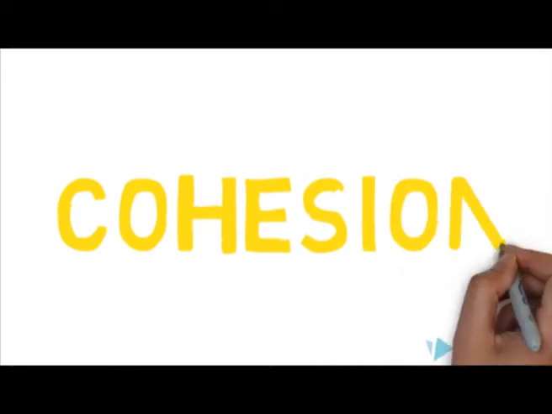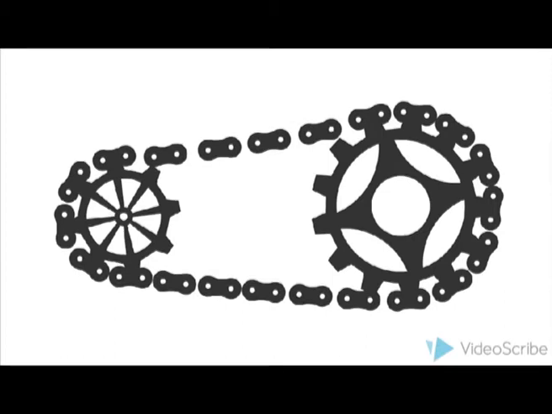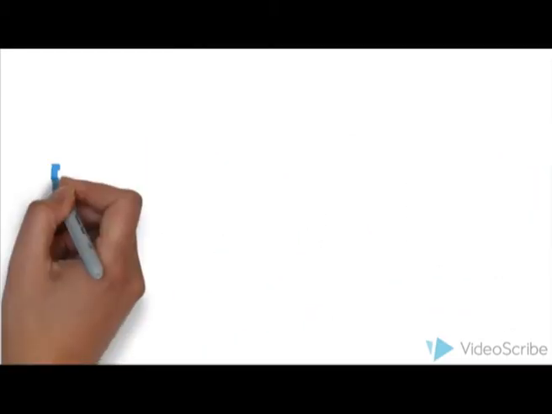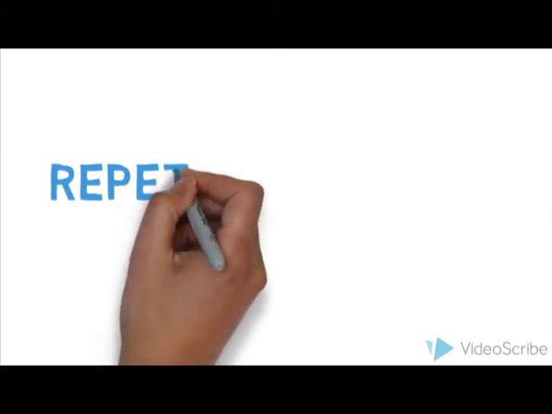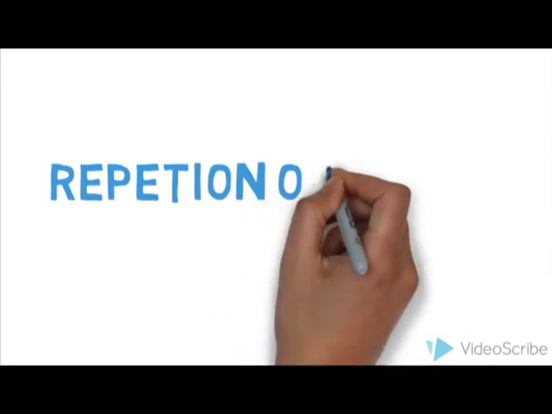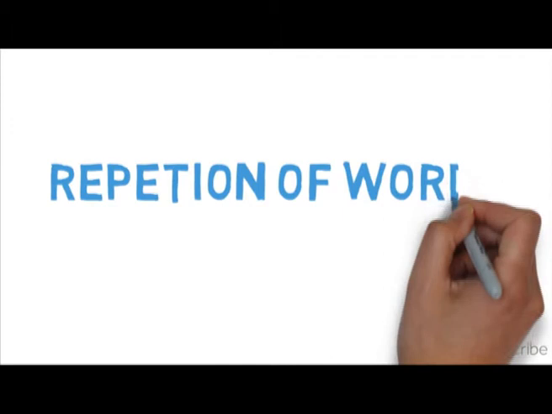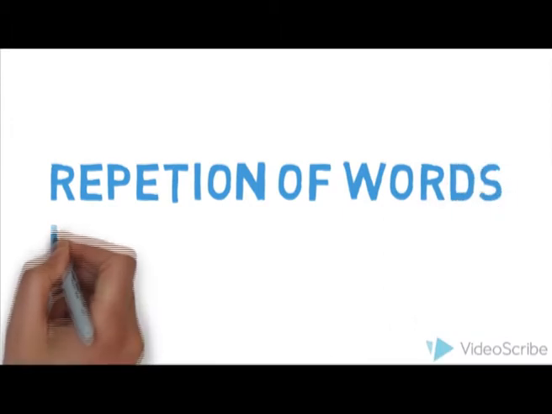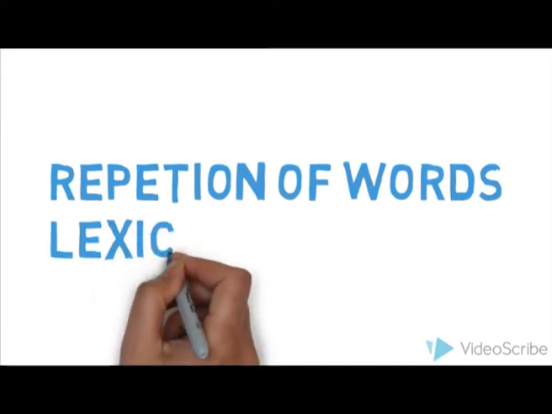Now, let's remember that for writing to be truly accessible, it also needs to be both cohesive and coherent. So, for cohesion, we have techniques to make sure our prose sticks together. There are two types of cohesion. The first one is lexical, which has repetition of words. So, content words are repeated. For example, when in a text you have the word grandparents twice and the word people 5 times.